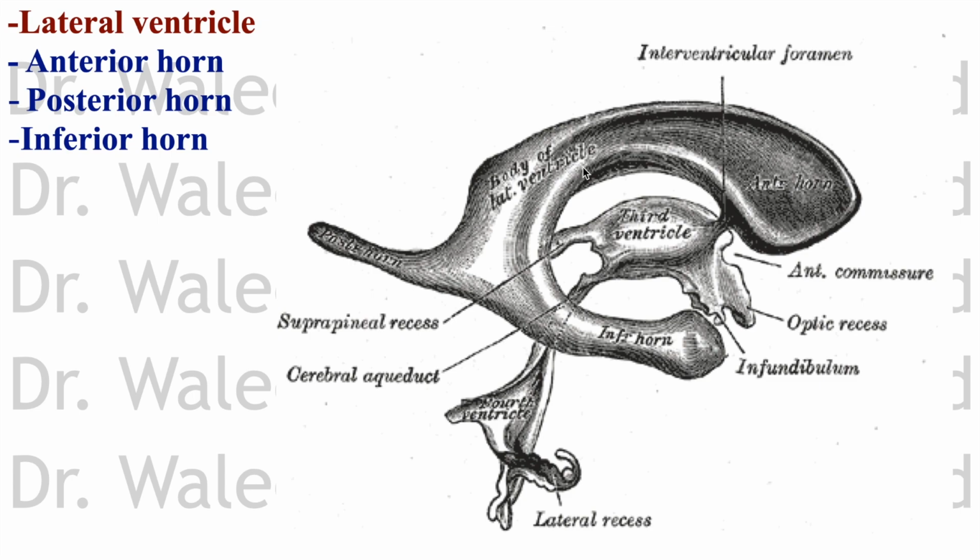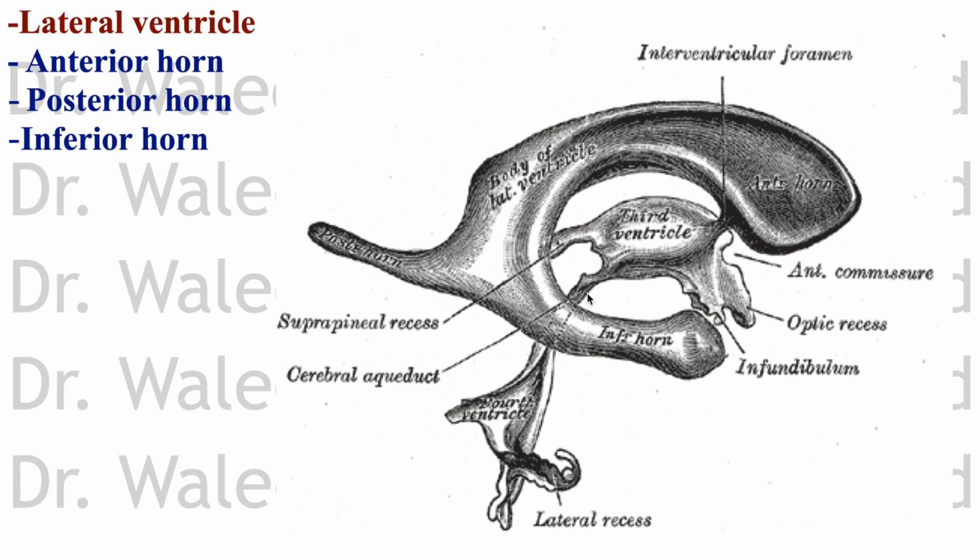And this area of bending is called the body of the lateral ventricle. As you can see there, the two lateral ventricles communicate together through the interventricular foramen of Monro to fill the third ventricle